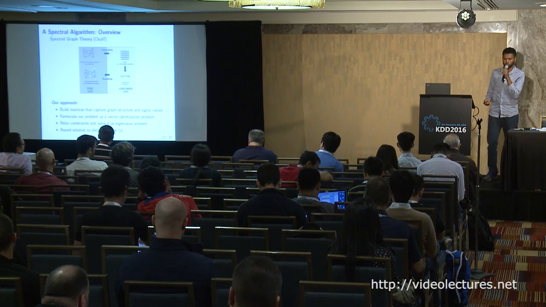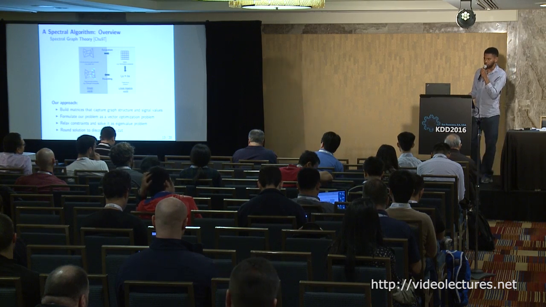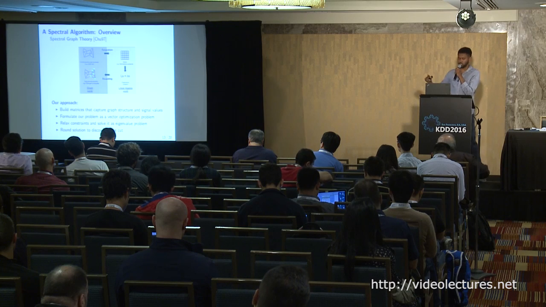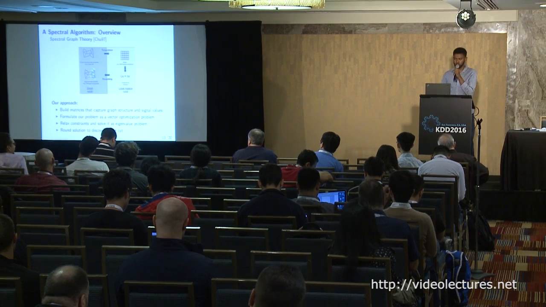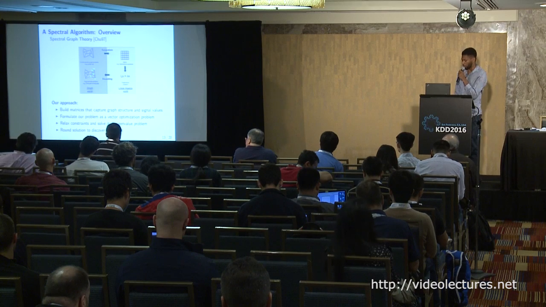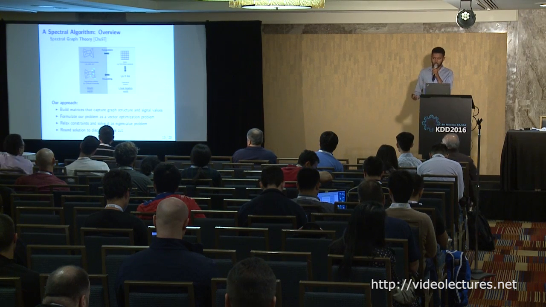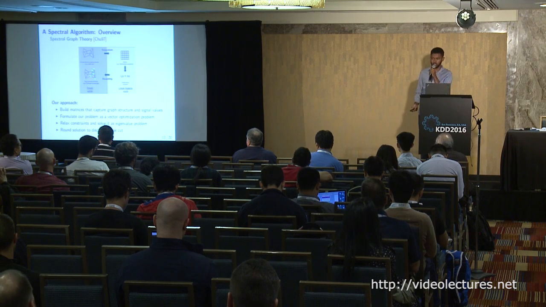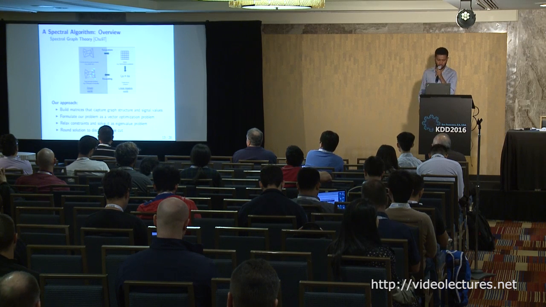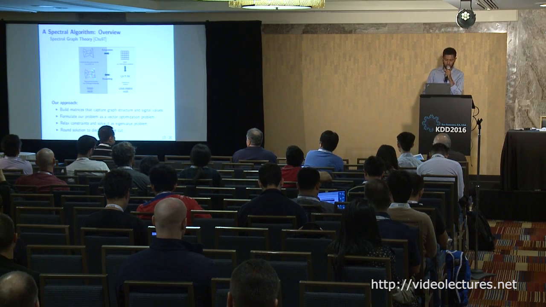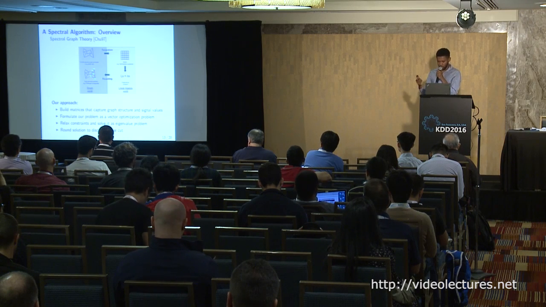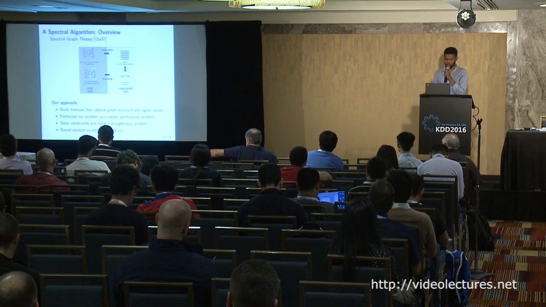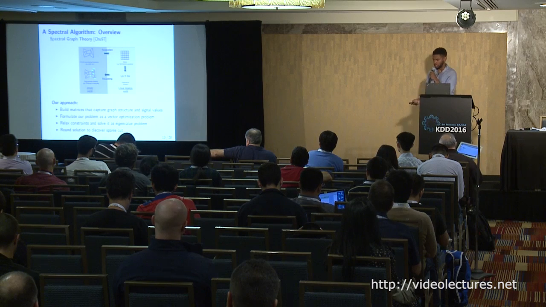And then you get a relaxed solution for your problem. Then you go back, you round the solution, and you get a solution for the original graph problem. So it's relax first, solve as an eigenvector problem, then round the solution and get a solution for your original problem. People have been proving a lot of nice results regarding the approximation that you get once you do this whole process, things like Cheeger's inequality and other similar results. So we apply the same idea. You start with a combinatorial problem, a hard problem. We show how to relax that problem to a linear algebra domain. Then we show how to round the solution back and get what we actually want in the first place.